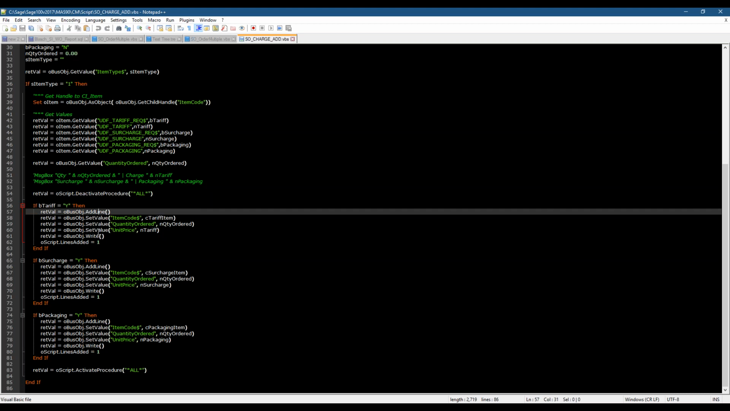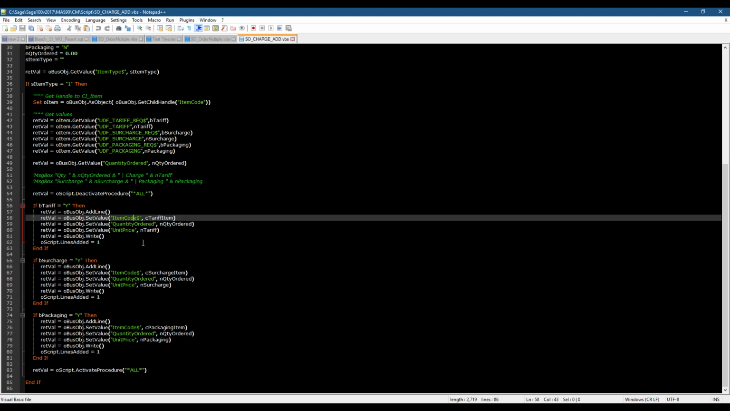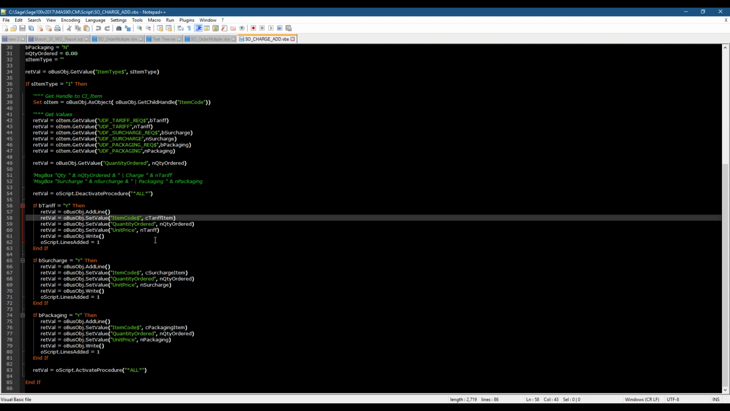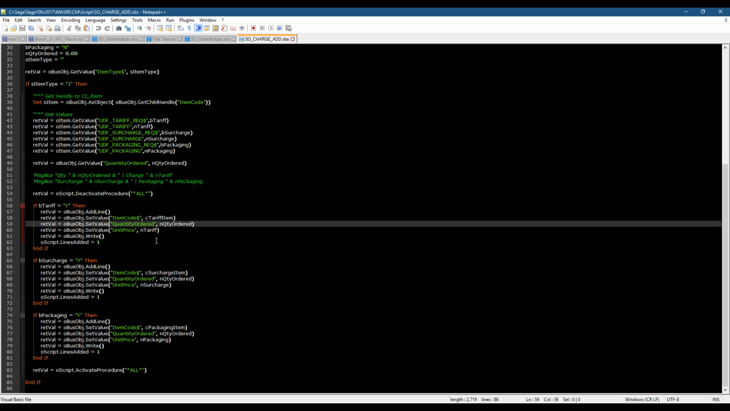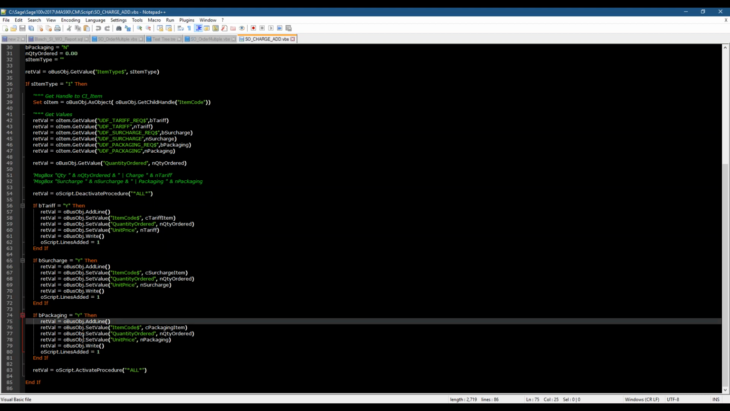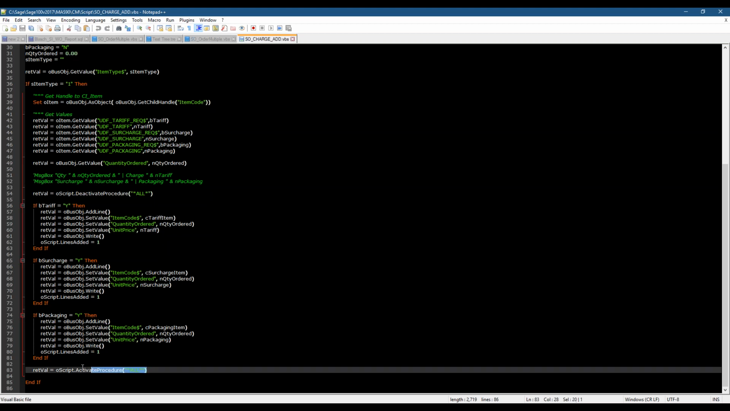In my sales order detail, I put in an additional line. I set the value as the item code for the tariff item, which I know I have this defined up here, right? I know that it's the item I have set up. So I put my tariff item in. I put my quantity ordered in, and then I put the tariff for this particular item in that I got from there as well. I do this for the other three things,